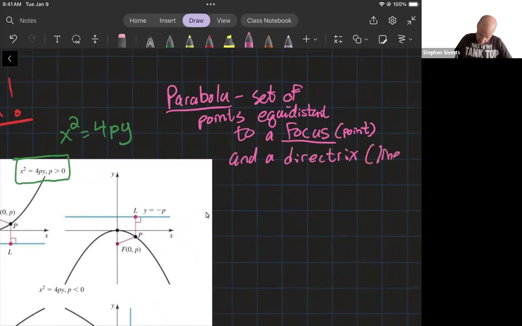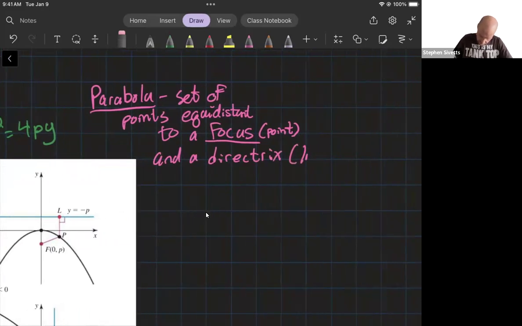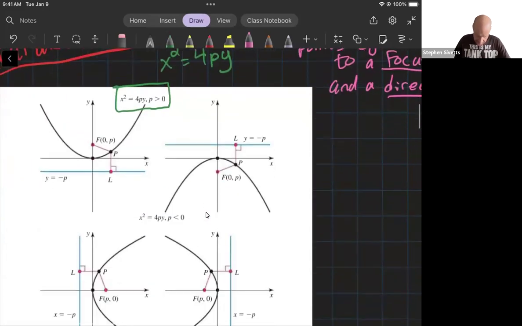And this is a line, right? This here is a line. Let me write that out more clearly. So this is a line here, right? So in this illustration,